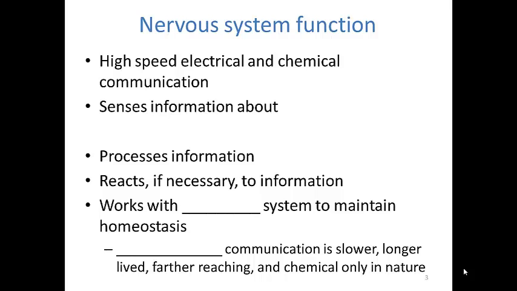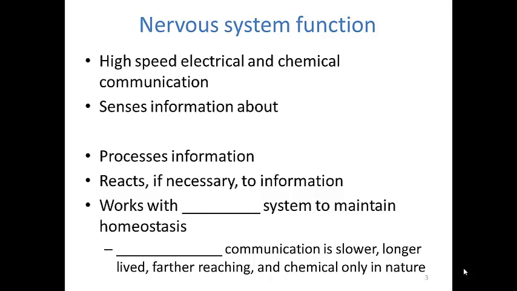Then your nervous system has to process the sensory information. Right? So that involves things like making cognitive sense of what you're seeing. So taking the information from your eyes and then turning that into something that makes sense. Then the nervous system will help you to react if necessary to that information. So for instance, maybe you see an object like a bird flying at your head, right? Your reaction to that might be to duck down and away.